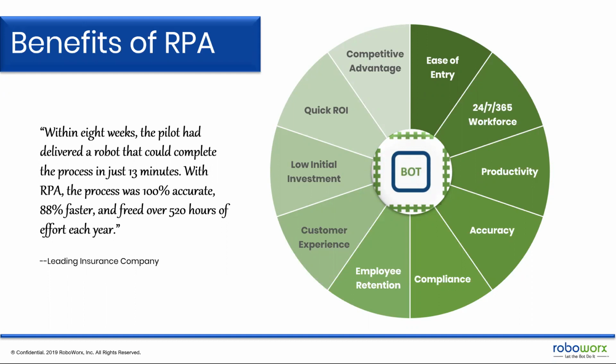Once you're up and running, what you've got is a digital worker working 24 hours a day, 7 days a week, 365 days a year, never takes a break, never gets tired, never gets sick. I'll call the robot he for the sake of argument here. He's just working constantly. So as a result, you get higher productivity, and you're getting more accurate results of the processes, because we all know that we are human and we all make errors. And most of us know that when you automate, you have fewer errors. So you're getting higher accuracy when you're processing these mundane tasks.